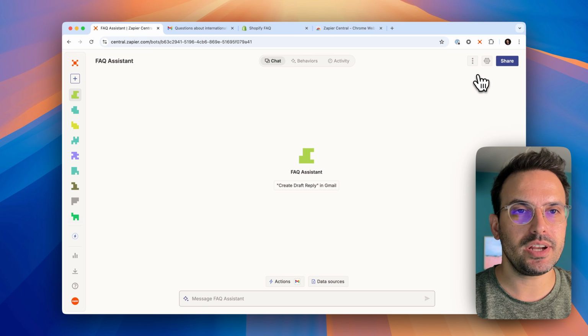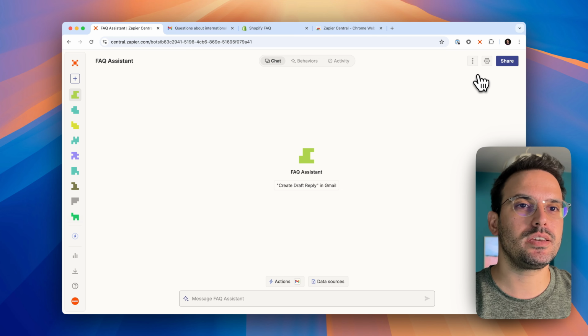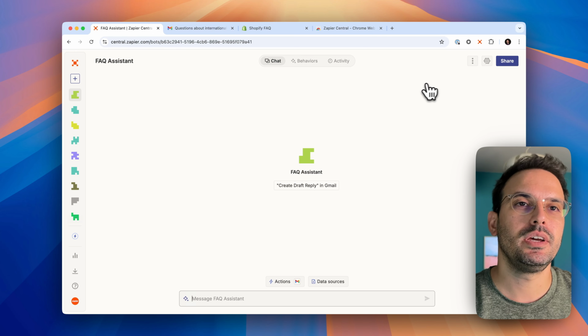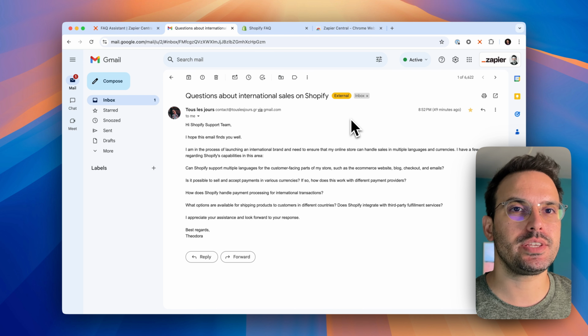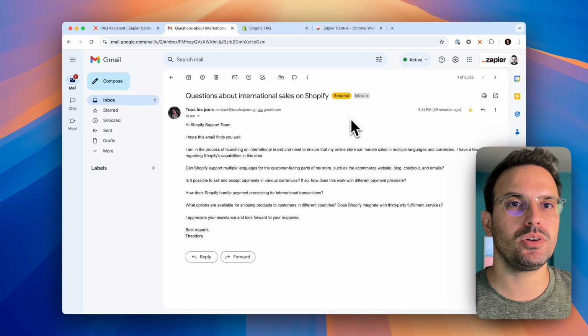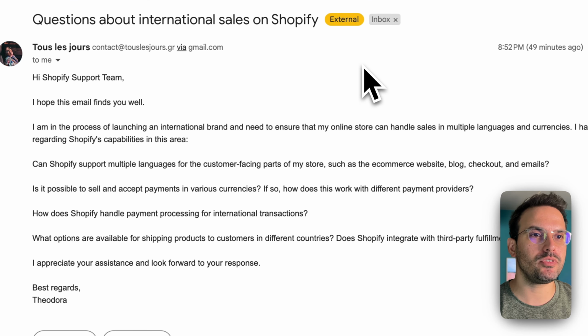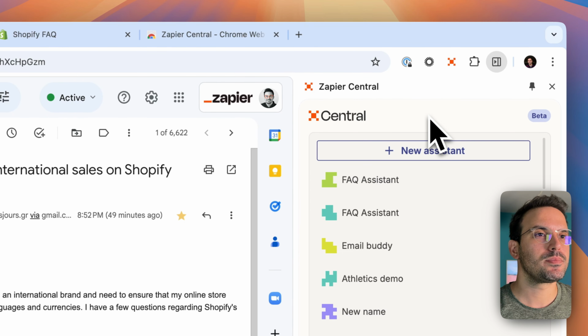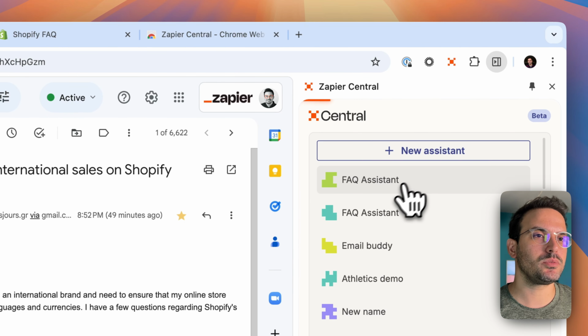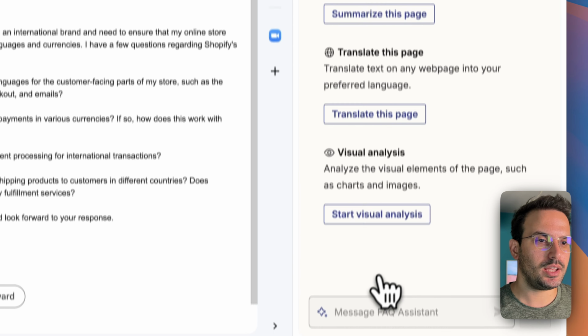The assistant is ready, and now you're gonna see the magic of what we just built. Now on Gmail, we have a customer that sent an email about some questions that she has about international sales on Shopify, if we support multiple languages, currencies. To answer that email, we're gonna open our Chrome extension from the top right, then pick the assistant we just created, and tell it to